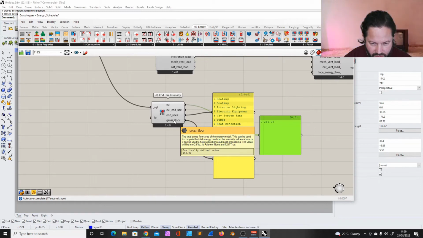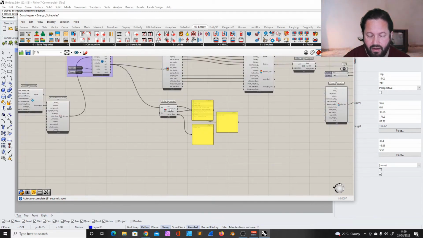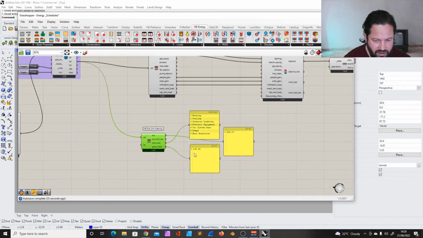Total gross floor area for energy model. This can be used to compute the total energy use from the intensity values above, or it can be used to help with other result post-processing. The value will be in square meters and so on. So I hope you get it. So this square meter